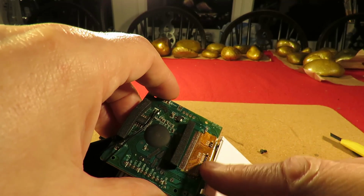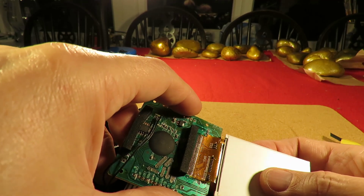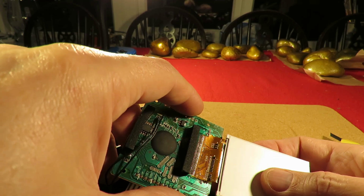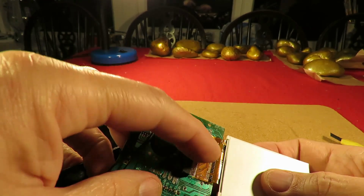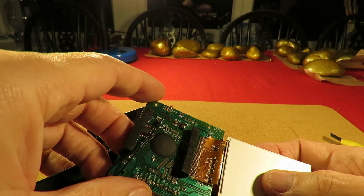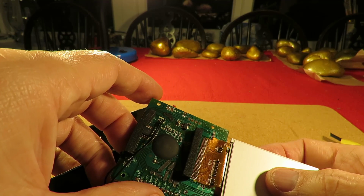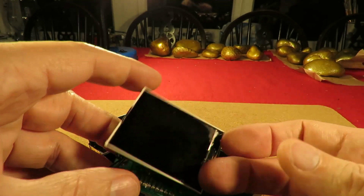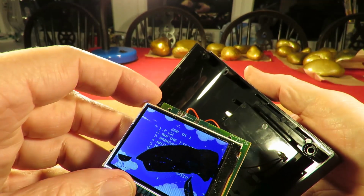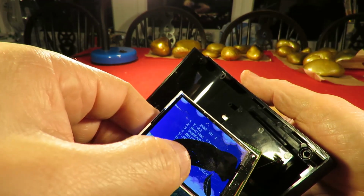So it's got a few bits and pieces actually on the flexible connection. Two capacitors and a diode up there. Another diode there. Oh, a whole load of tiny capacitors there. Another diode. Yeah, we're not going to be replacing that. 2017. I suppose holding it in any way is going to...